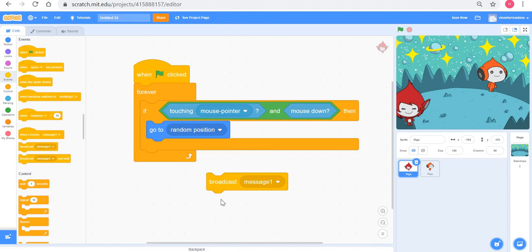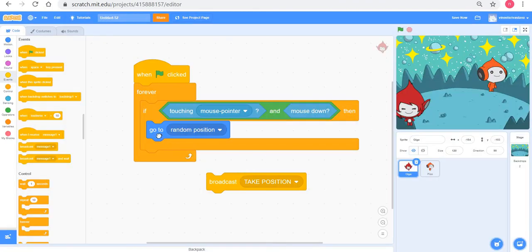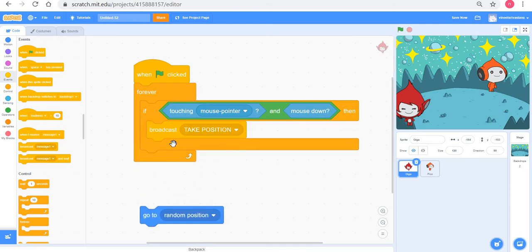I'll create a new message called take position. So I will say, look, if touching mouse pointer and mouse down, broadcast take position. At that particular event, Giga will send out a message to everybody, take position.